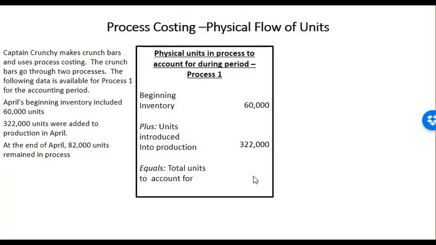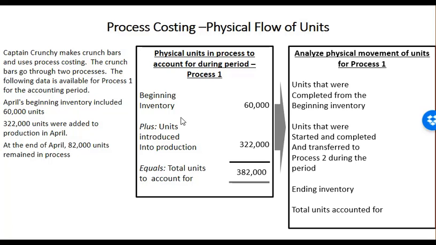that means we need to account for the month of April a total of 382,000 units. They have to go somewhere. They're somewhere in inventory or they've been completed. So now we make some assumptions about inventory movement here, and we're going to analyze the physical movement of our